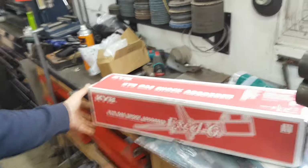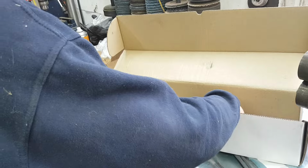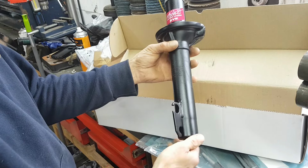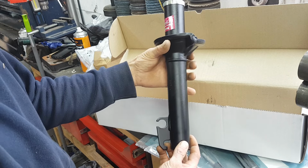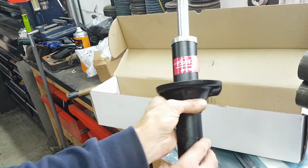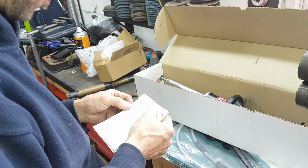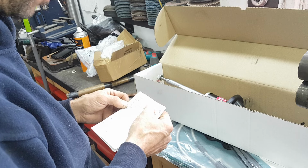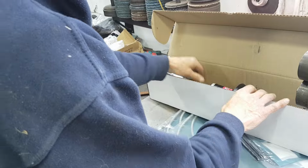We've got 2 front KYB shocks. 2 of those cost for the pair £81.51 for them ones. 2 KYBs,